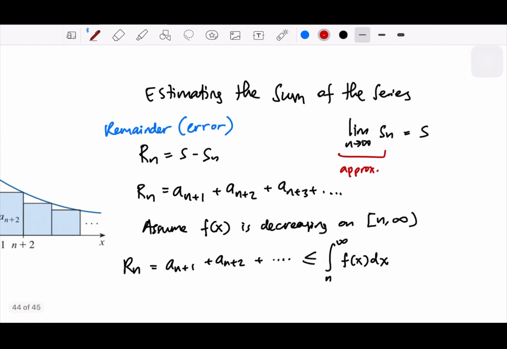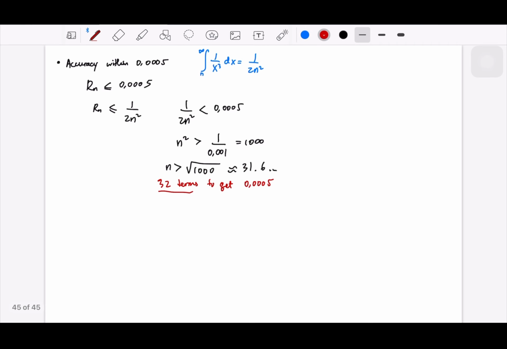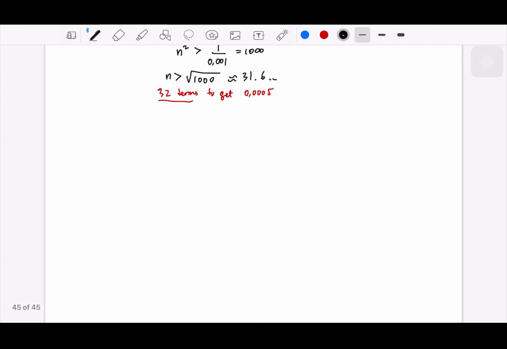Now, perhaps the previous one was not really complete. We just said that this is the sum, 1.1975, the partial sum of the first terms. But actually, we can also write the remainder, or estimated sum, as an inequality. We can write this number into a specific inequality itself. So if we write down the inequality,